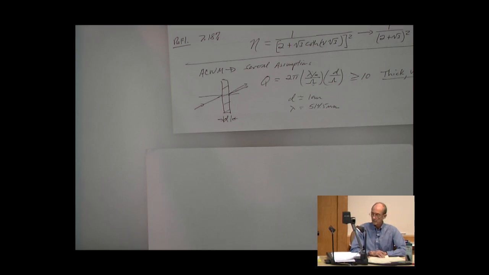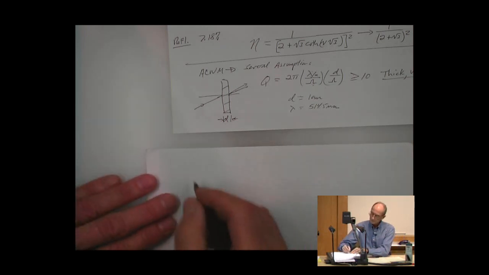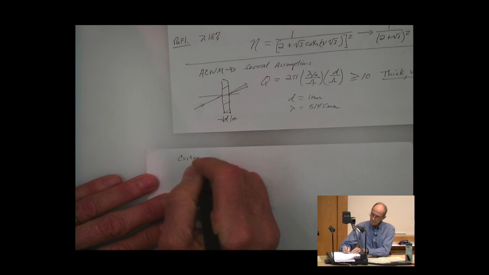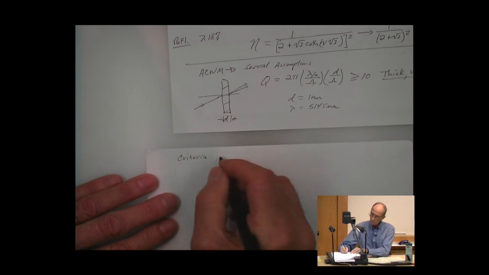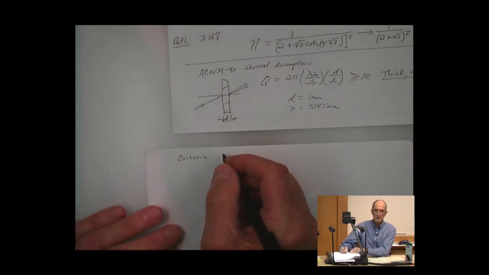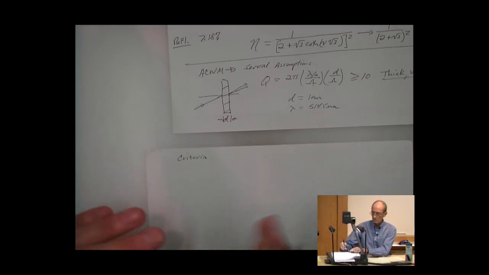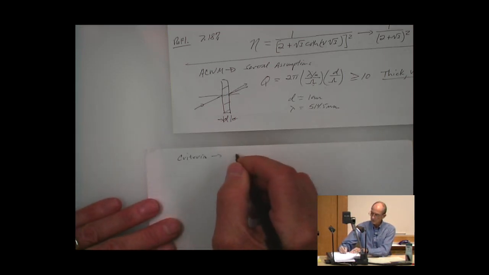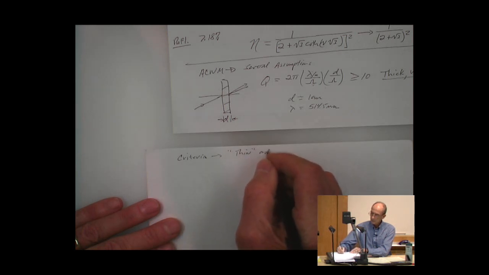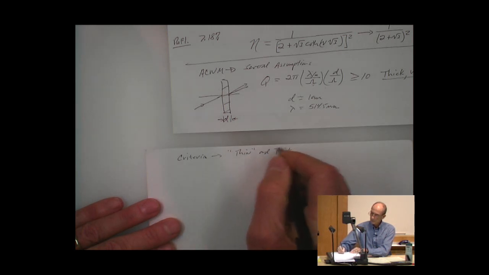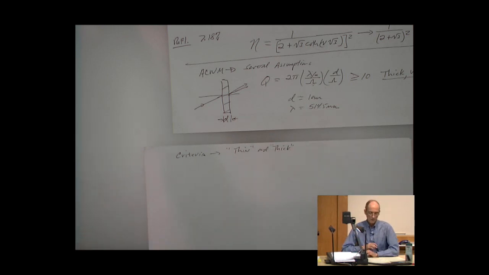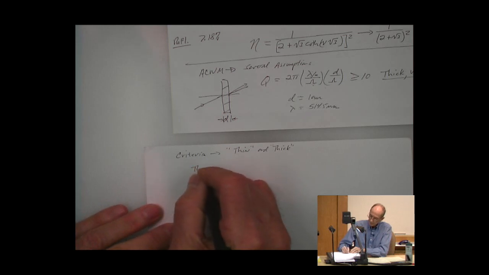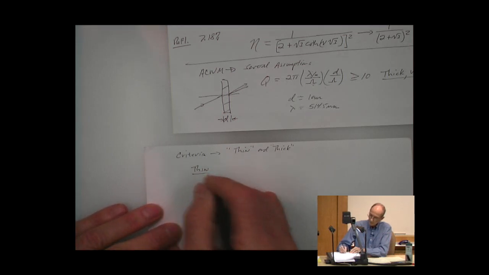And so they came up with another criteria for the region in which the grating is operated. So it's a criteria for thin and thick holograms, okay? So what they said is, all right, if we have a thin hologram, as we found, then